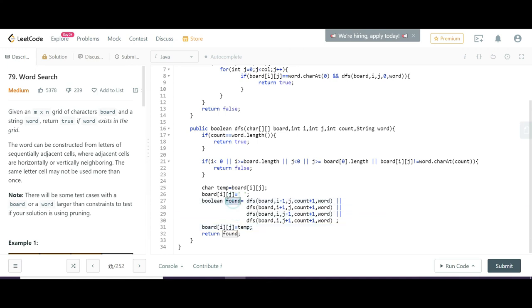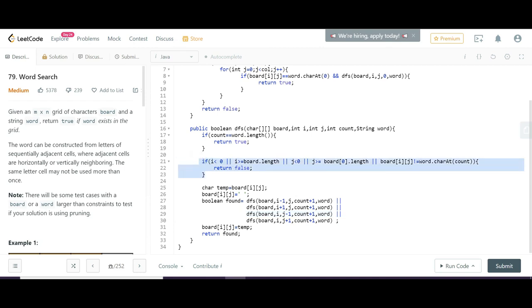After that, we try to find the word in the four directions. One is i minus 1, j, which is the top, then i plus 1, j, the downside, i, j minus 1 on the left side, and i, j plus 1 on the right side. If I am in the zeroth row and I do 0 minus 1, that will be minus 1, which is out of range.